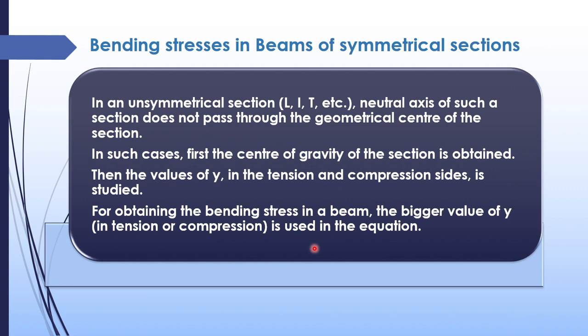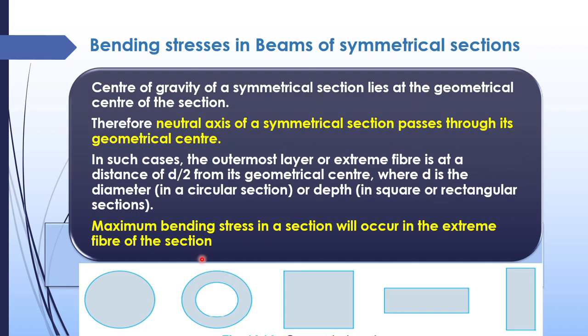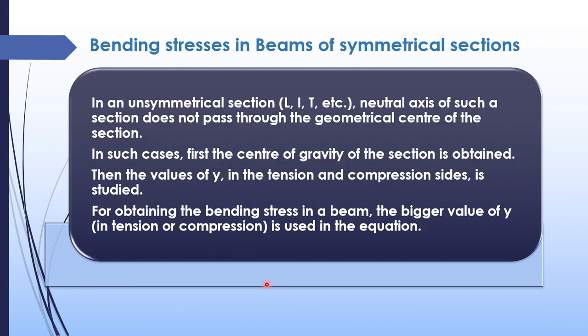That's it. For unsymmetrical section, what do you mean by unsymmetrical section? So for example, rectangle is a symmetrical section. Okay, if there is a T section, then it is an unsymmetrical section. Then its y will change, right? For example, if I am drawing it like this, so this is a T section. Now this is the neutral axis of a T section, for example. Okay, this is y,